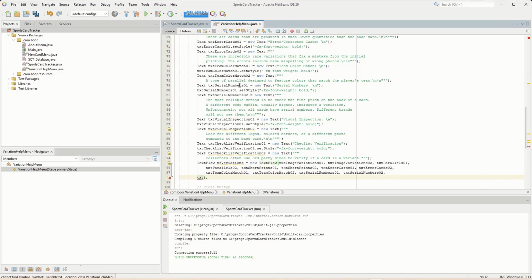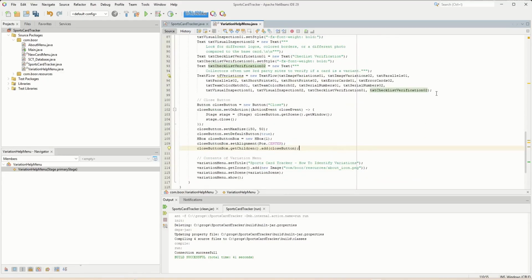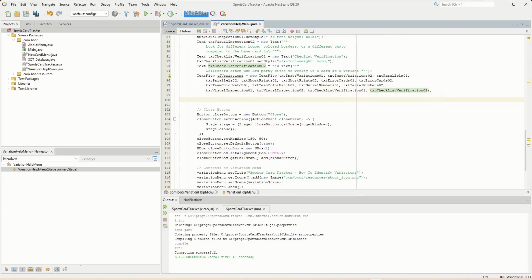and then txt visual inspection 01, txt visual inspection 02, and the last pair is txt checklist verification 01 and txt checklist verification 02. Now the last thing that we want to do is we want to combine everything all together into